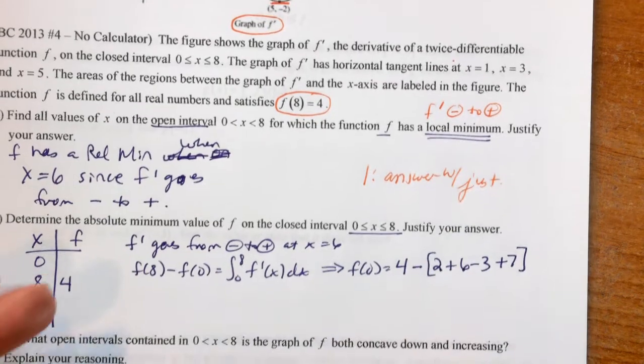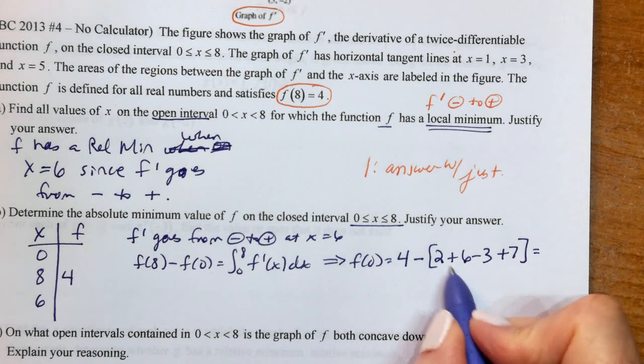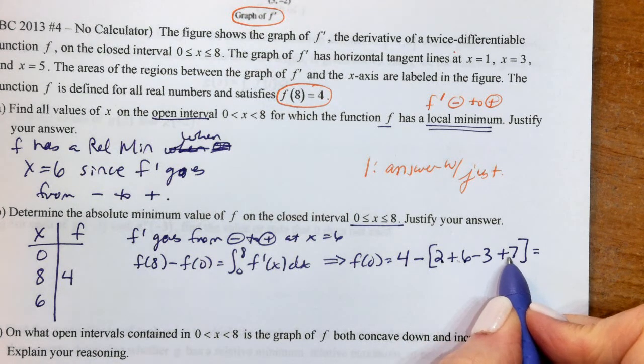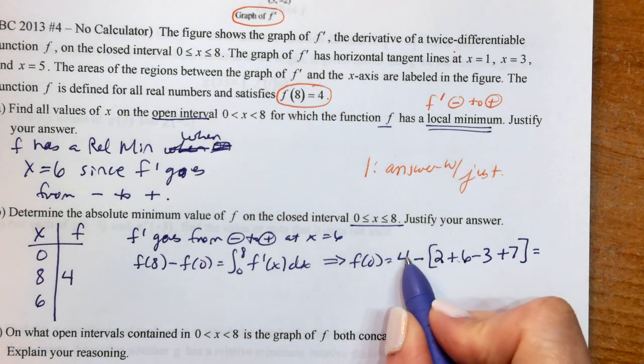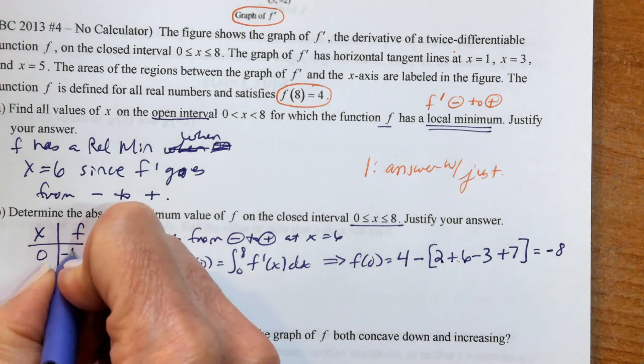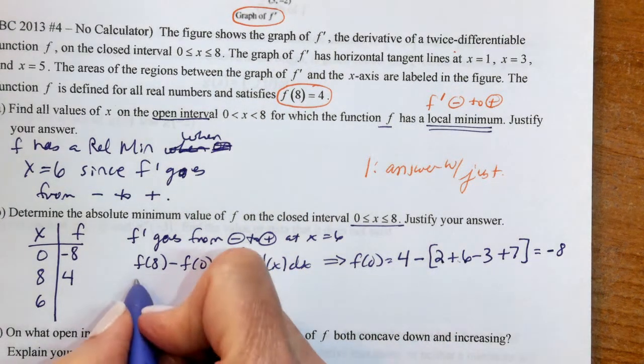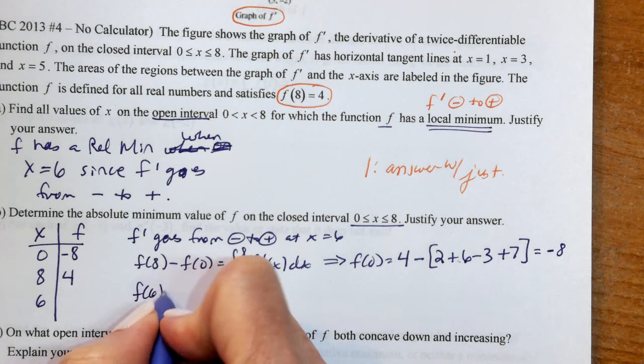And since I need to compare this, I need to go ahead and work this out. So let's see, 8 plus 7 is 15, minus 3 is 12, 4 minus 12 is negative 8. And I would take a second to make sure that I did that correctly, since it's going to affect my answer here. Okay, so make sure we did that correctly, and then we're going to do the same thing for f of 6,